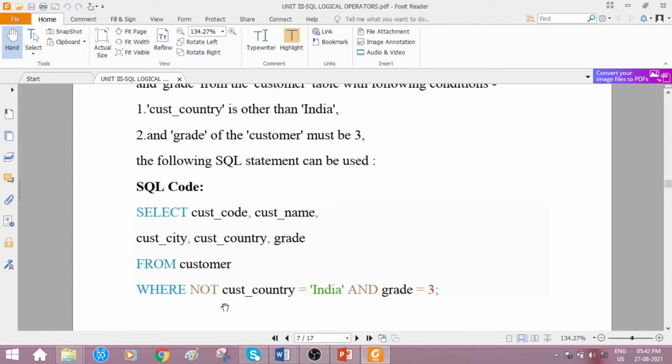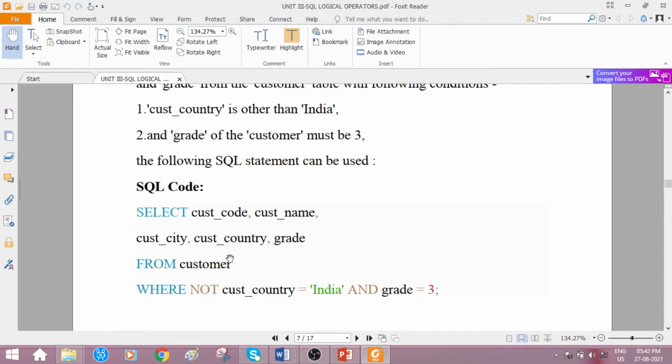And one more condition is checked, whether that customer row's grade value is equal to 3. So the AND operator, grade of the customer must be 3. Must be means equal to 3. Grade equal to 3. Okay, so hope you all know the single quote implementation here, as it is a character data type and 3 is the numeric data type.